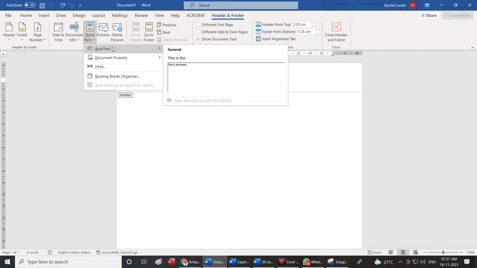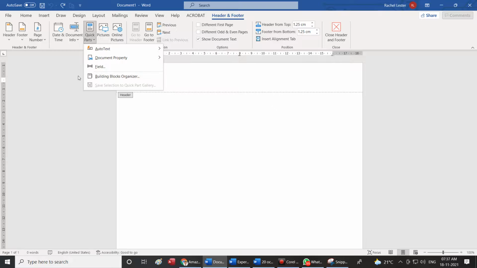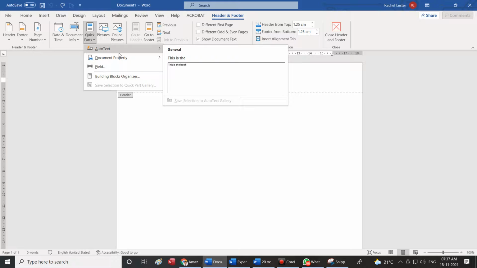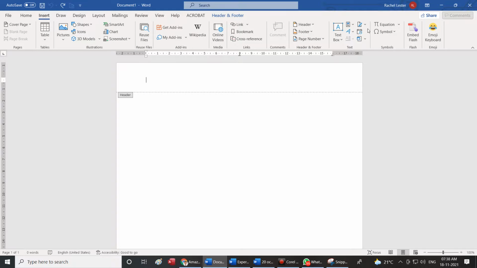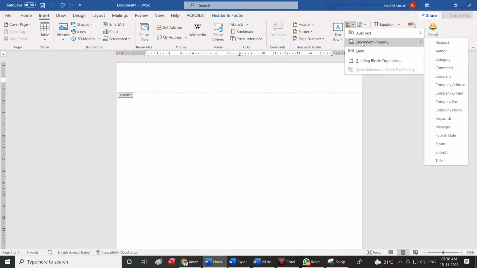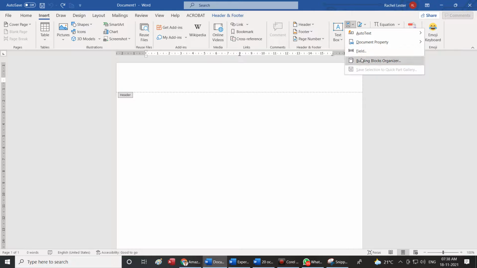Here it was specifically telling you can insert all this only in header and footer. Now he also wanted to tell us the insert option can also be done for the body of the text, so he again gives the same option here: auto text, document property, field, building block organizer. Save the selection to quick part gallery. Please make a note of it.